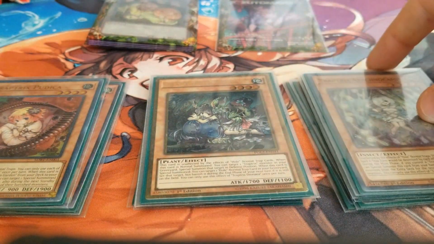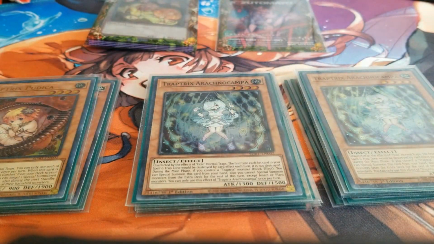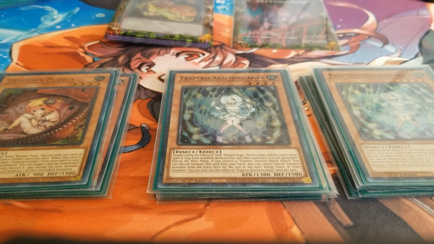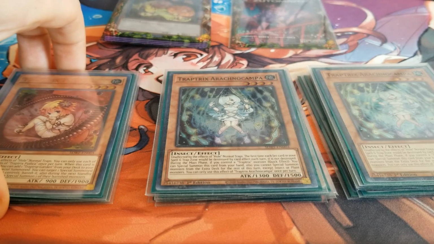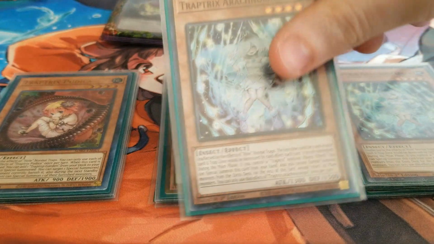Next, you have 2 Traptrix Arachnocappa. This one is the Traptrix monster that is probably the most commonly played extender post-structure deck of the main deck Traptrix monsters. She has 2 effects. The first one is a summoning condition. You can special summon her from your hand during the main phase while you control a Traptrix monster as a quick effect. The second one makes your back row